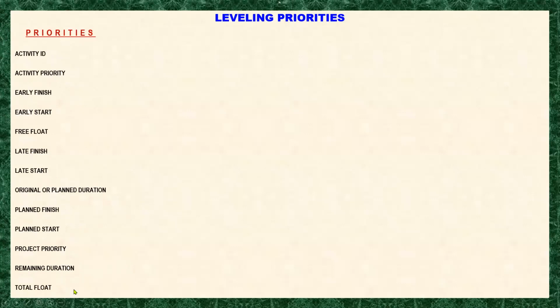But actually, I am using the total float, because when you choose the priorities, you have to look for the most important one that